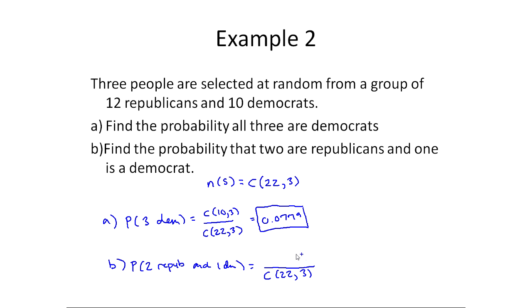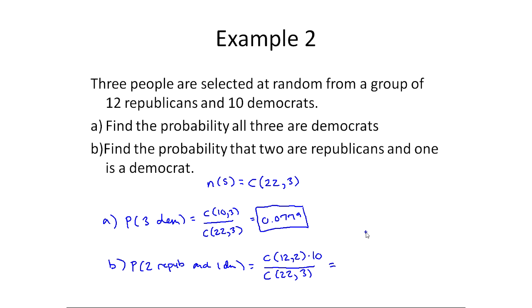Well, to pick the 2 Republicans, I would have to pick from the 12 Republicans, right? So since order doesn't matter, that would be 12 choose 2. But then by the multiplication rule, I got to multiply by the number of ways to pick 1 Democrat. And so you could say that's 10 choose 1, or you could simply say, well, I have to pick one of the 10, so there's 10 ways to do that. And when I calculate this probability,